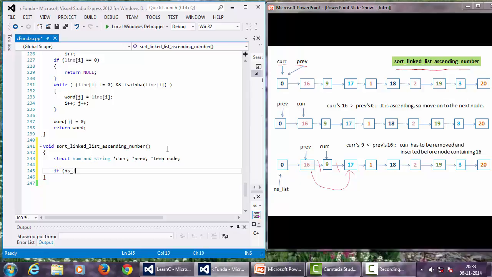Initially I will check if ns list is valid at all, because if it is null, we don't do anything, we can just return. It's worth doing something only if this ns list is not null. In that case, we have to start processing the list. So I initialize current and previous to ns list,